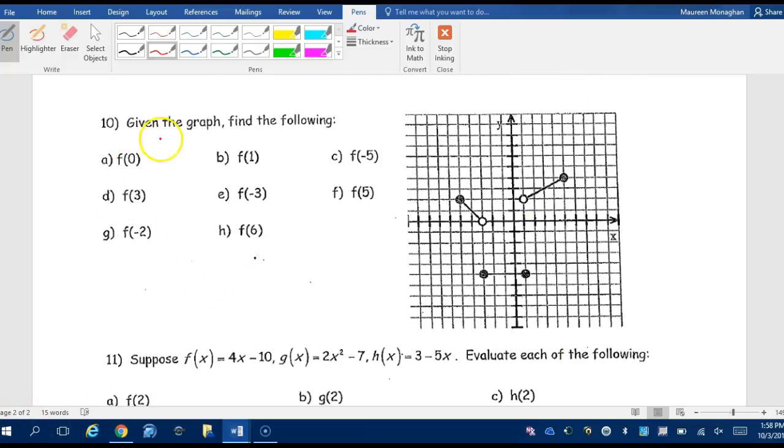Okay, now what we're going to do is we're going to find the missing pieces. We're going to use this graph over here. What this means is you're going to have an f of x, and that's going to equal y. Well, in this case, x is 0. So what you have to do is go to the graph to 0, and then you look